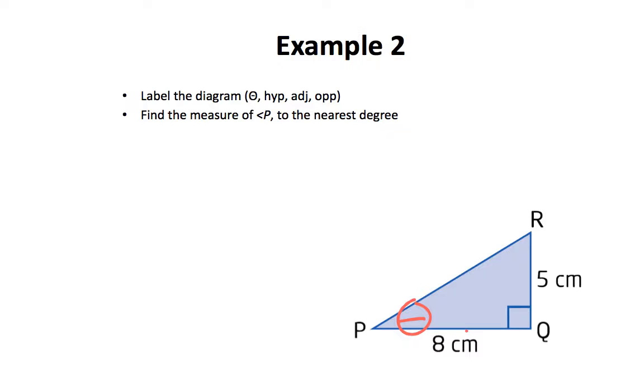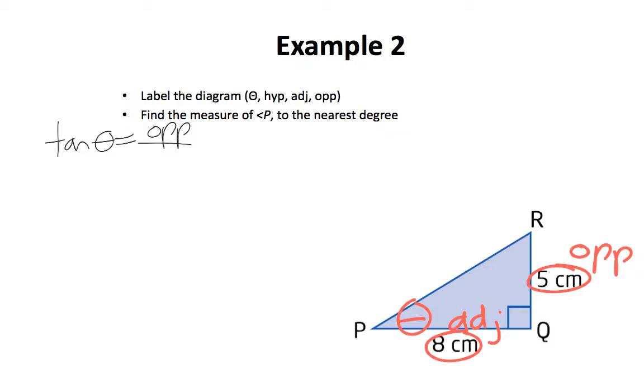That would mean the side labeled 8 centimeters would be adjacent, and the side labeled 5 centimeters would be opposite. The trig ratio, which contains opposite and adjacent, is tan theta. Let's write that down. Tan theta is equal to opposite over adjacent. Next, we're going to substitute in our known values. Since I do not know what theta is, I'm going to leave it as is. Opposite is 5, and adjacent is 8. I cannot do anything with the left side of the equation right now, so I'm going to leave it as is. 5 divided by 8 is approximately